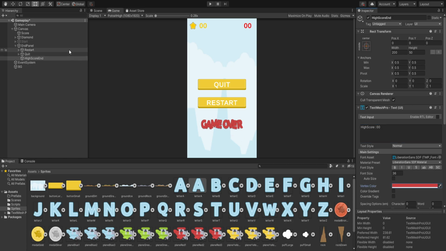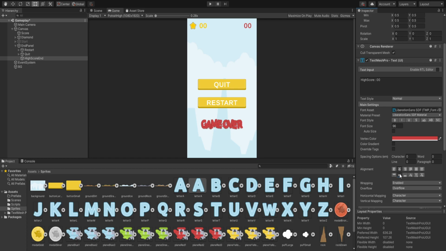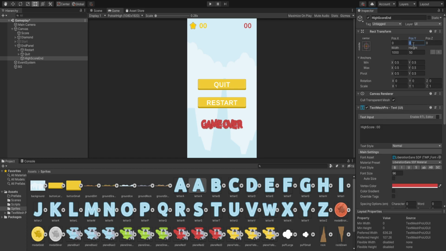Let's set its color to red. Similarly, let's set this score color to match this game over, and let's bump up its size, so it's going to be 96, and let's increase its width to 1000, and let's position it towards the center, and for the position, let's position it at